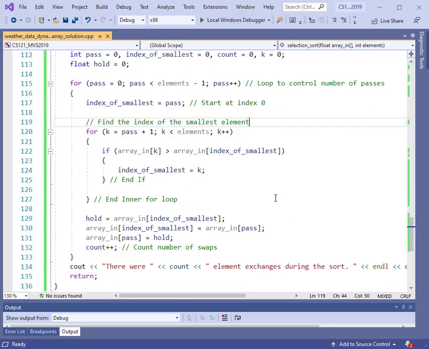Now there's one other very subtle difference that I'm including here. I want to sort the values in descending order. I want the largest values at the top. So I have changed this operator from less than to greater than. All right, so if the array value is greater than the array of the smallest index, then I change the